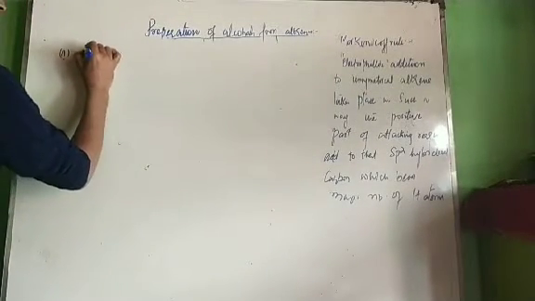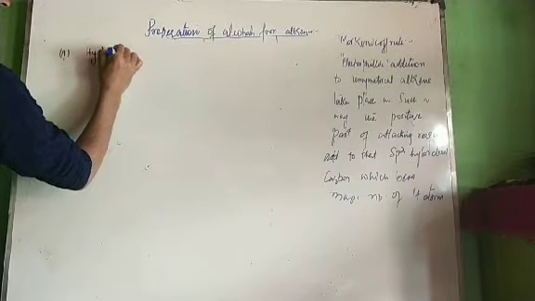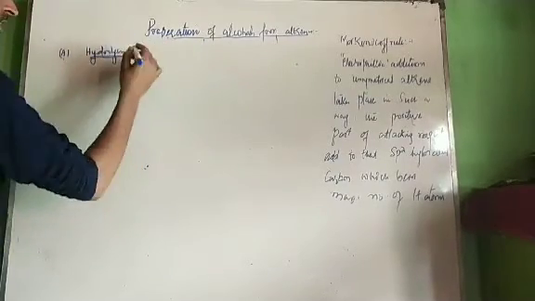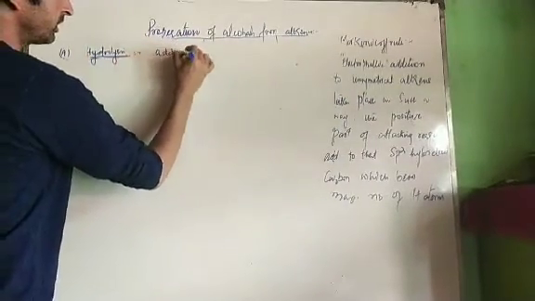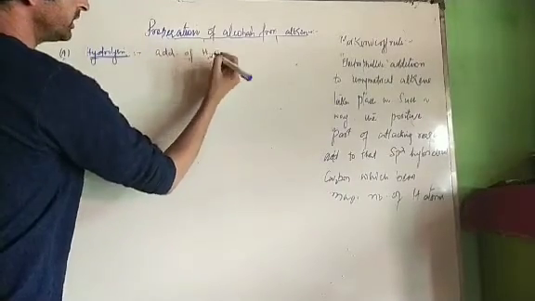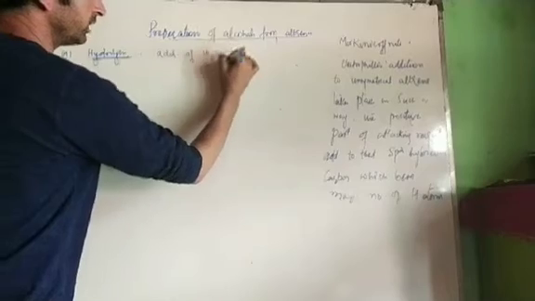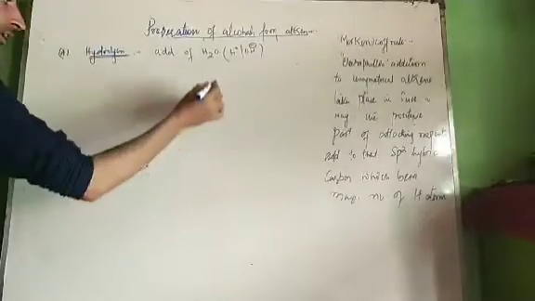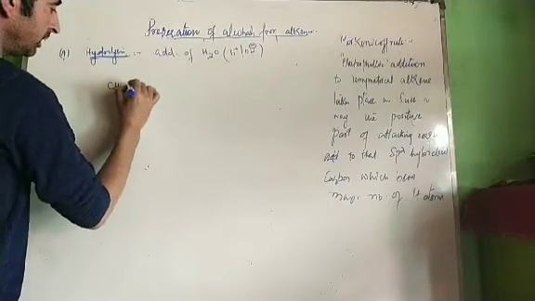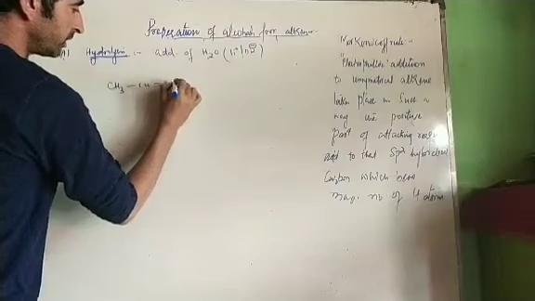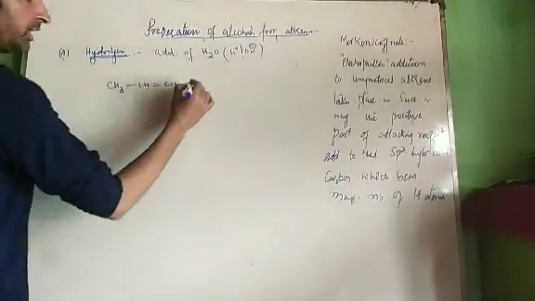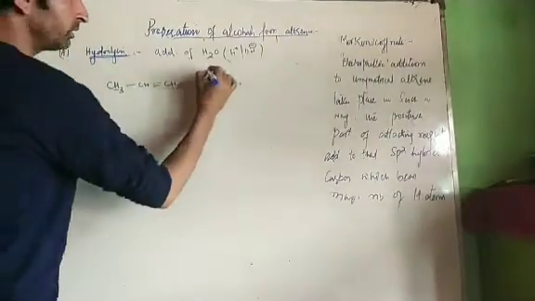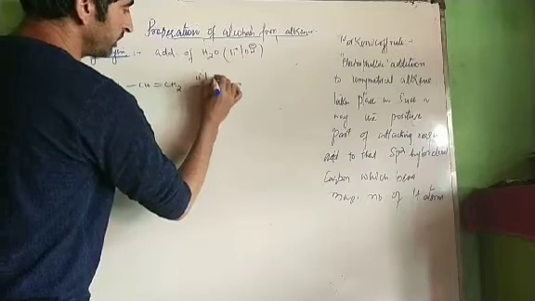Case number one, that is hydrolysis. Hydrolysis is generally addition of water. In this hydrolysis we add water. Addition of water basically means addition of H positive and OH negative ion. We will simplify things. Now let us take an alkene CH3 CH double bond CH2. If it is treated with water, meaning treated with H positive ion, this H positive ion is obtained from water and we have OH negative.